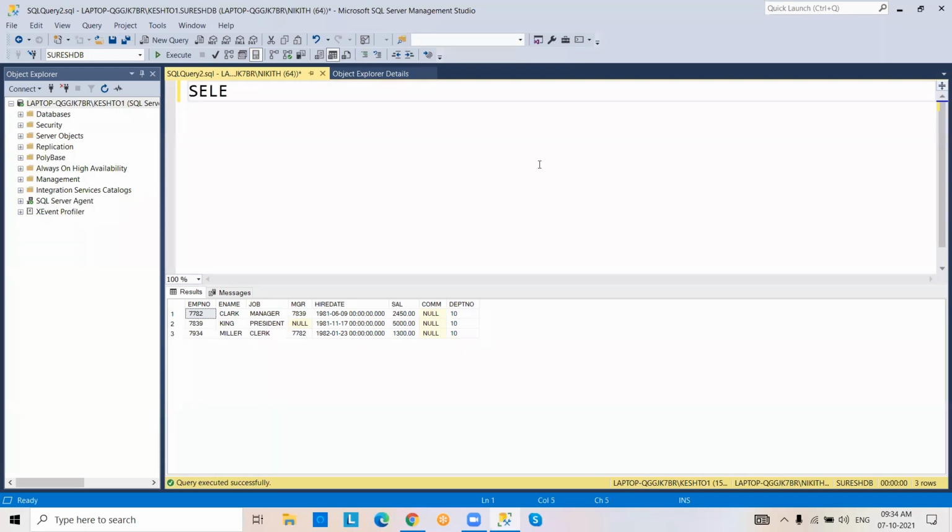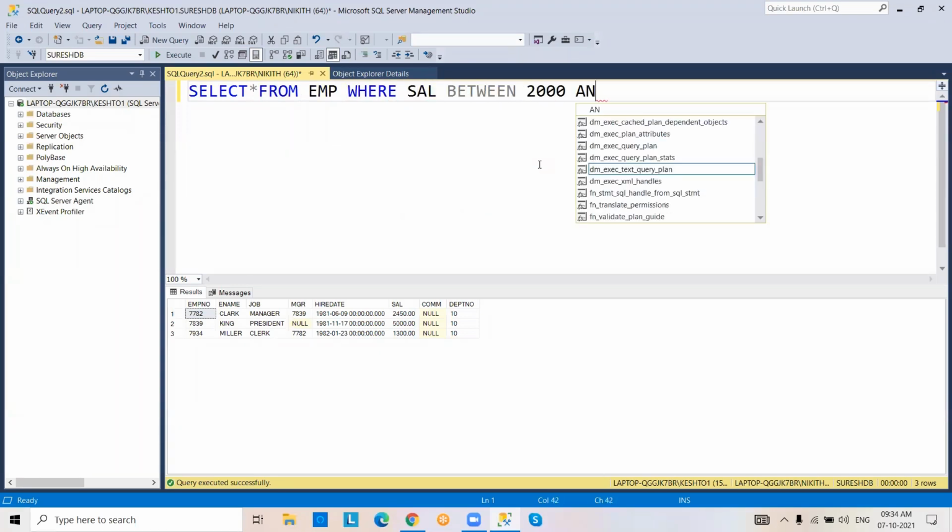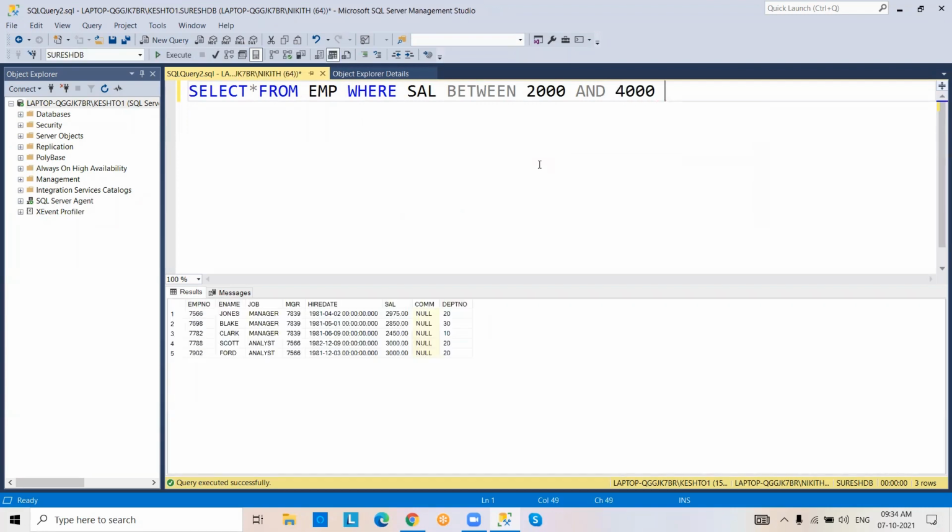So the between operator: select star from EMP where salary between 2000 and 4000. So now what happened, it retrieves salary between 2000 and 4000 data. Please check the salary column.